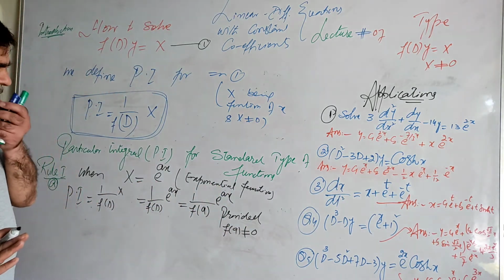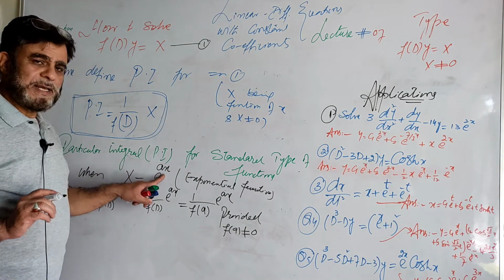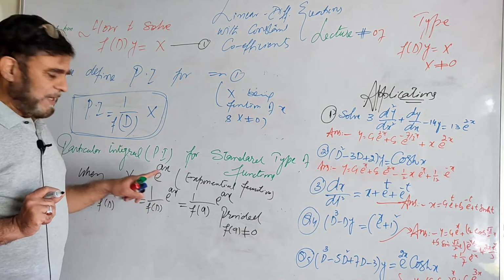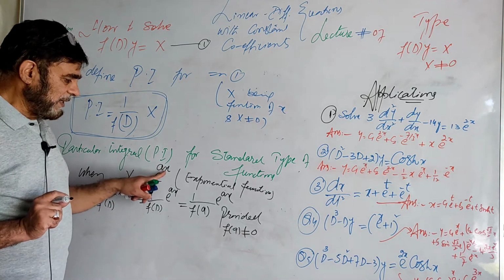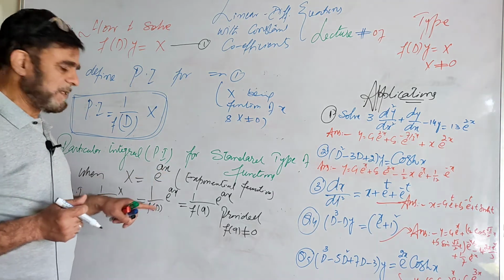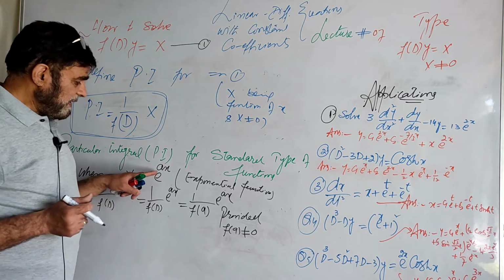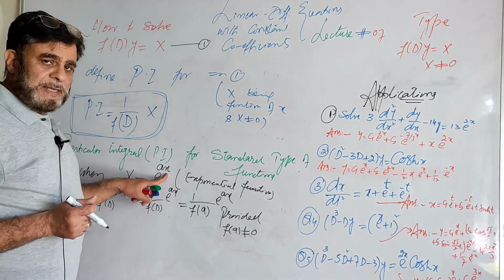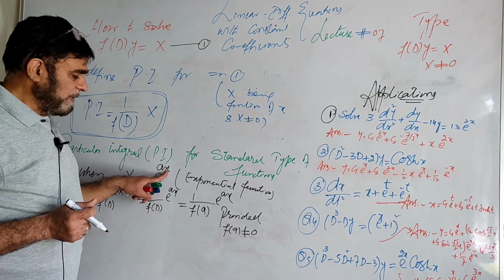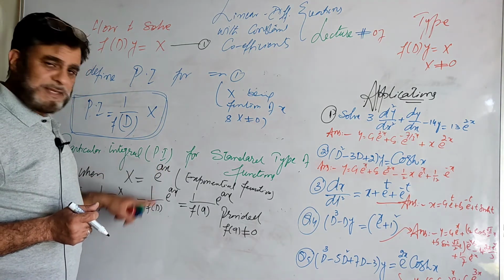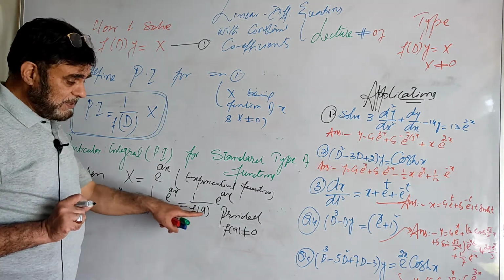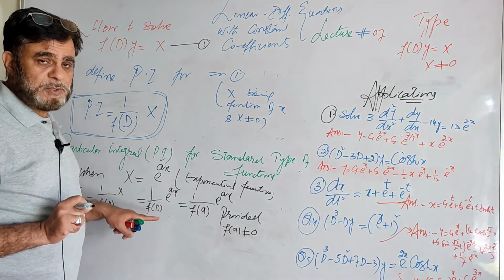It is simple. When you find the particular integral for exponential functions, the power of the function e should be e raised to power ax. If it is not, we can bring it into the e raised to power ax form, then you have to see what the coefficient of x in the exponent is, it is a, replace D by this a, simple. But in certain cases f of a becomes 0. If it becomes 0, how do we proceed?